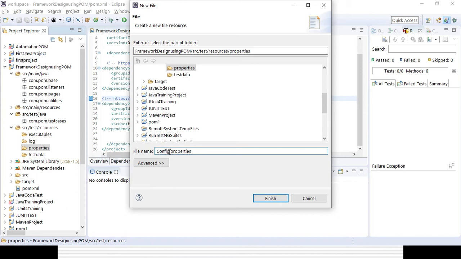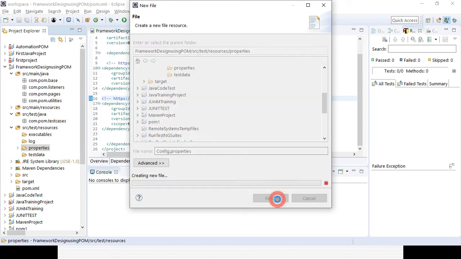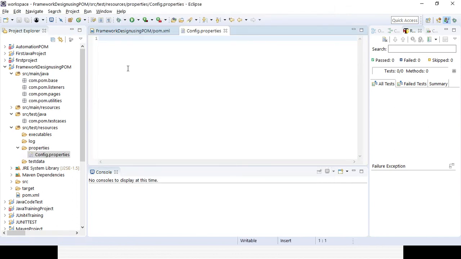It should be config, because we will be placing all the important config related stuff in the properties file. Whenever you are creating a framework, you should follow some standard protocol, so that it will be easy for other testers, and in case you work on it again after 6 months or 1 year, you will not forget. You need to maintain some basic standard, so that it is easy for others as well, and it does not violate the basic standard for automation. So here I have already created the config.properties file.